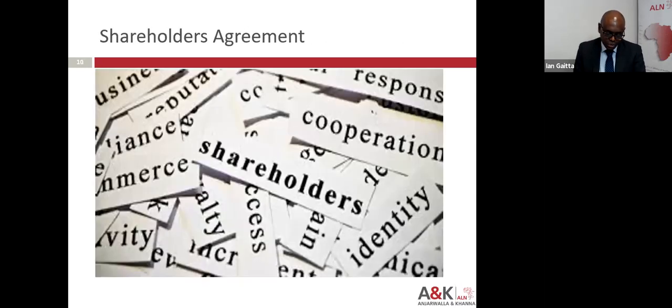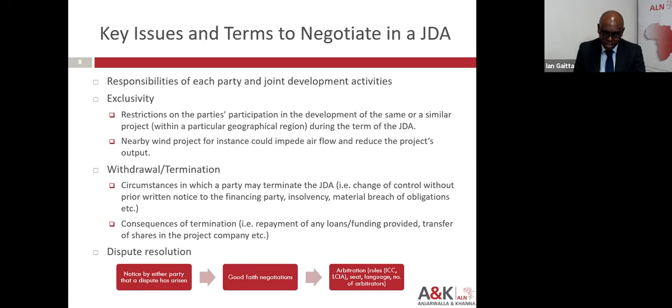So we've already discussed exclusivity. The other point I want to mention in a bit more detail is termination. As I mentioned, it's important to specify the circumstances in which one party may terminate the joint development agreement. And some of those would typically include things like if there's a change of control that has not been authorized. For instance, then one party may wish to exit, particularly because, as we mentioned earlier, if that change in control then results in another party to the joint development agreement being a party that other party simply cannot do business with, either for commercial reasons or indeed legal reasons such as sanctions, then you want to be able to exit